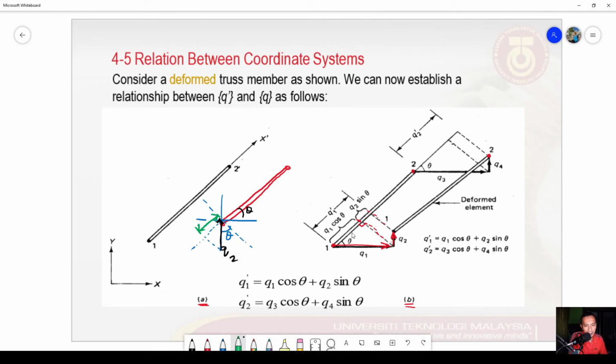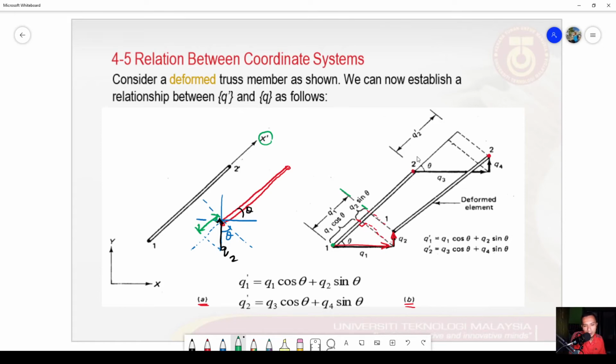And if we take this Q1 cos theta plus Q2 cos theta, then this is the whole displacement, which represents the displacements contributed by node number 1 as we view this in the local coordinate system. We apply a similar process to node number 2 in order to obtain the relations between the global and